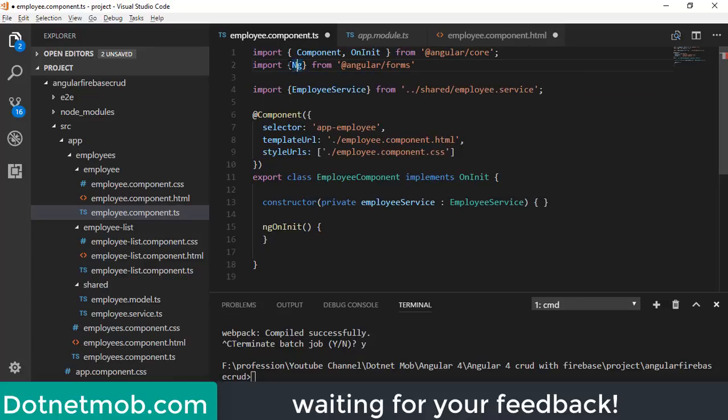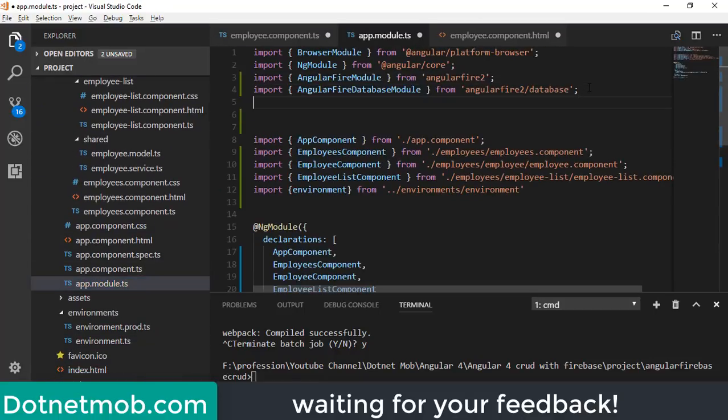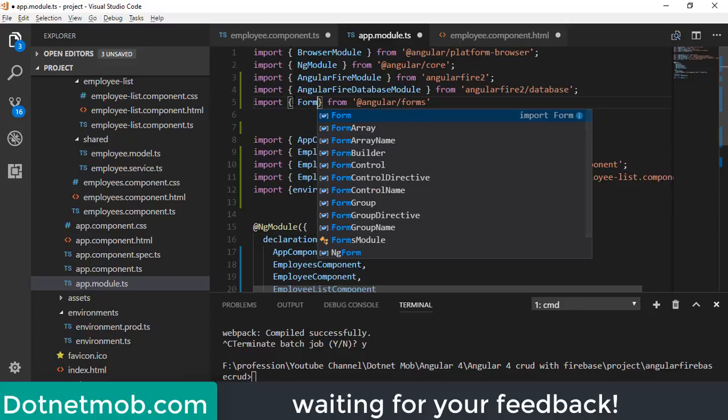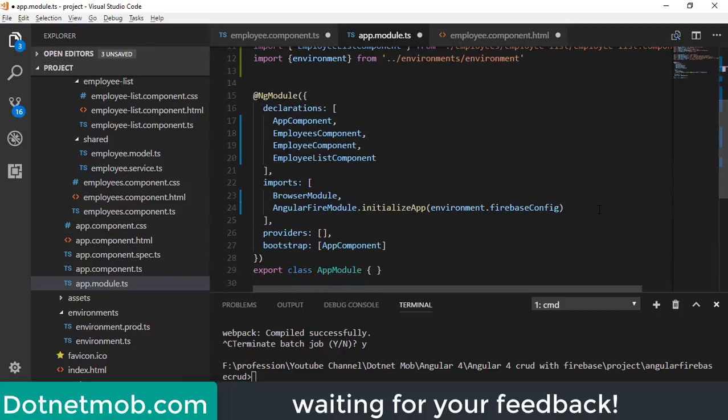Ng form, and we need to import forms module inside the app module.ts file here. Import from Angular forms. We will import forms module here, forms module, and we will use this forms module class inside this imports array here.